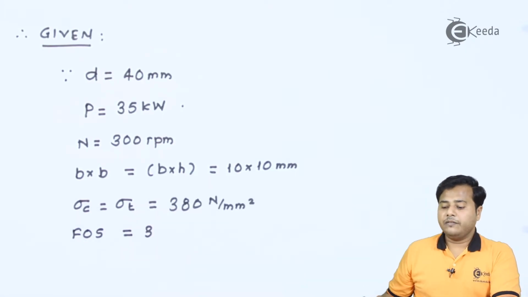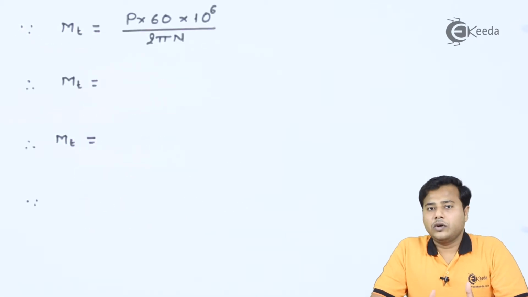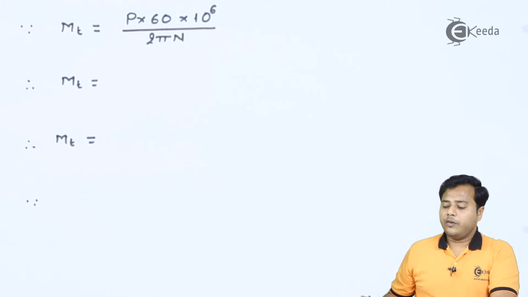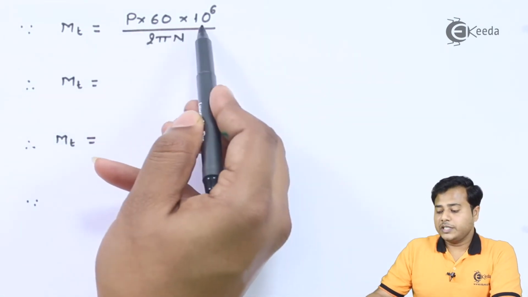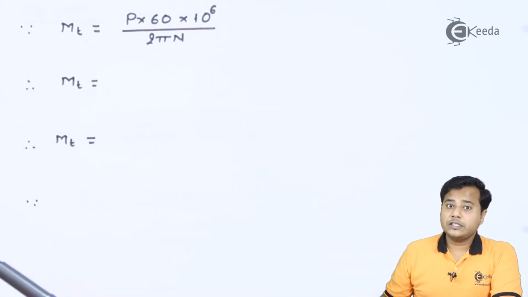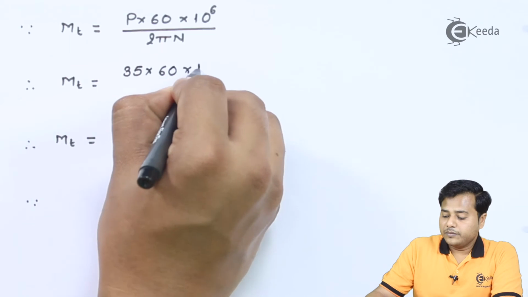So this is the data we have with us. Let us proceed with this data. The very first thing is the torque that we need to find out. We have been given the formula which is very famous again, power in kilowatt into 60 divided by this, and particular, let us substitute the values. The value we have been given is 35